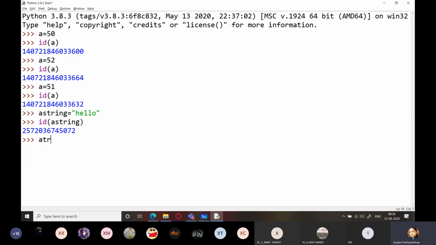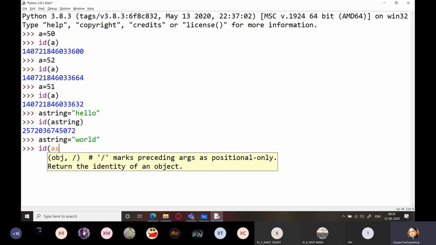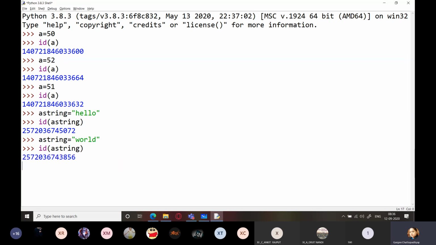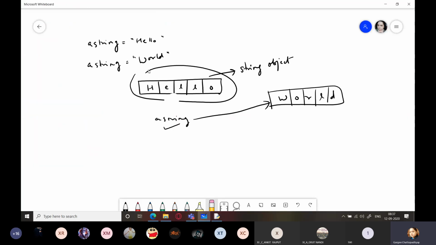Now I type a string equals world. You don't have to worry about what data it is returning. All you have to worry about is whether this number being returned is the same or not. You can see over here that it is not the same. Understood? So this is what is known as immutable data types.